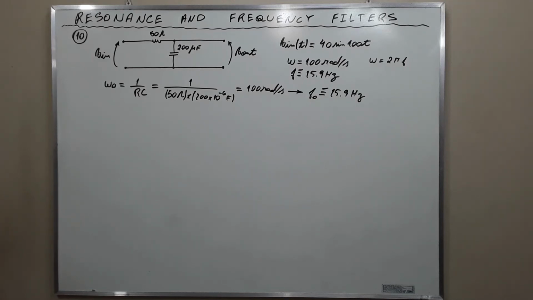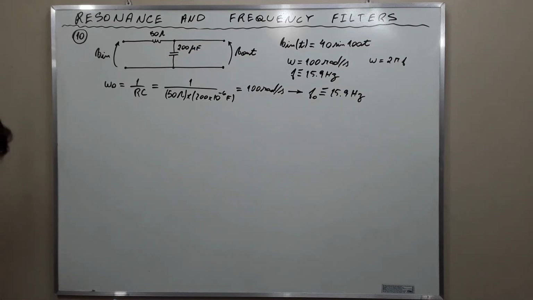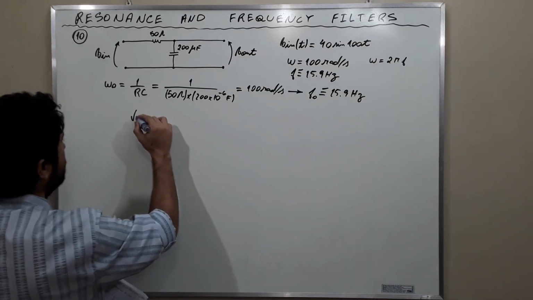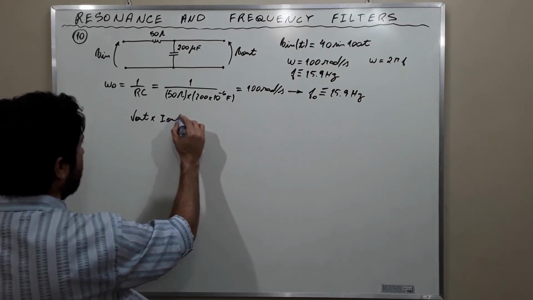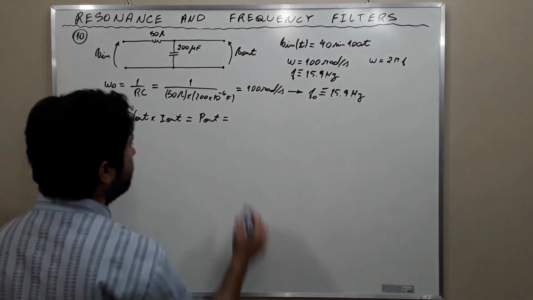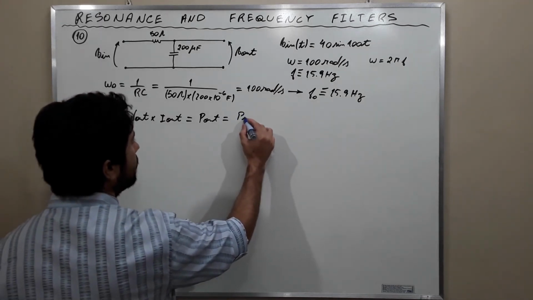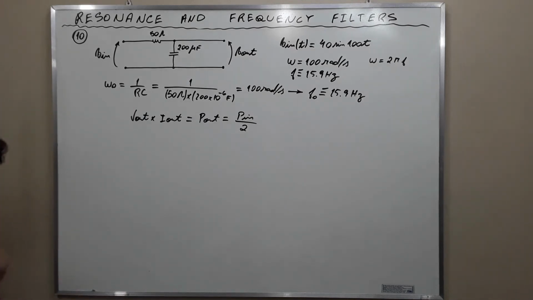Additionally, the cutoff frequency, also known as the half power point, is the half power point. Okay, then what does it mean? It means that V out times I out is equal to P out. But since it is the half power point, it is going to be half of P in, of the input power,